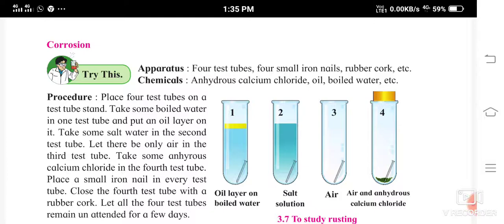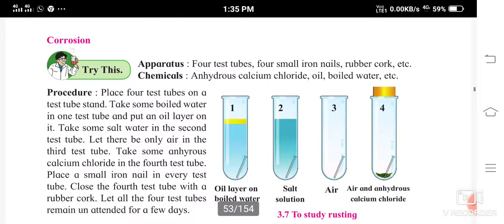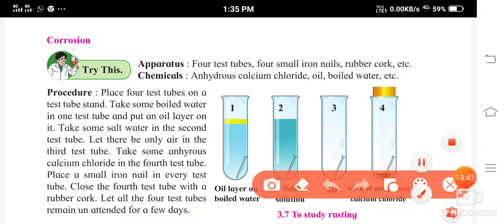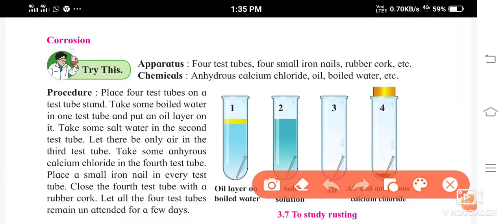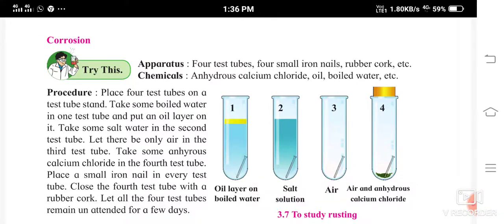Yes. Now in the case of aluminium also, what happens? It forms aluminium oxide, right? Yes. Then you can see there's some copper also, copper oxide is formed. Okay. So see, okay, try this.